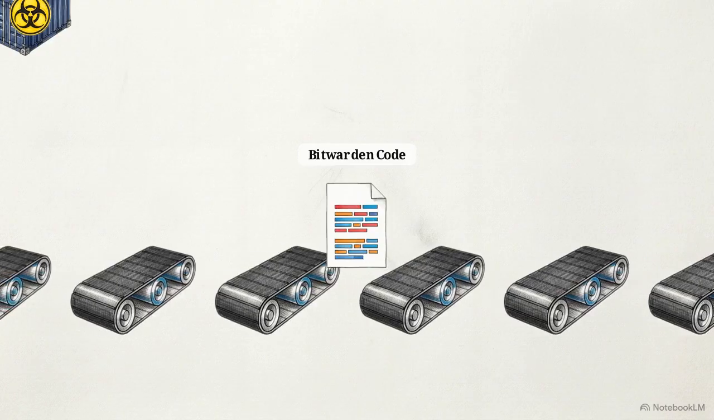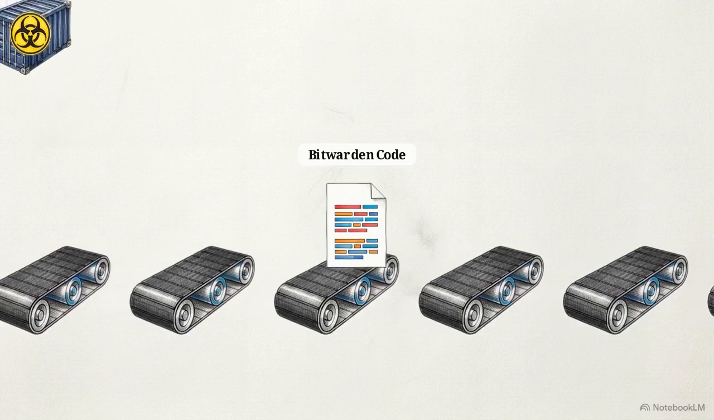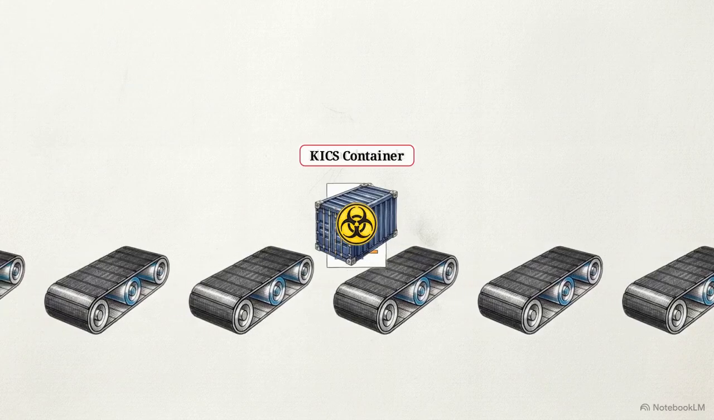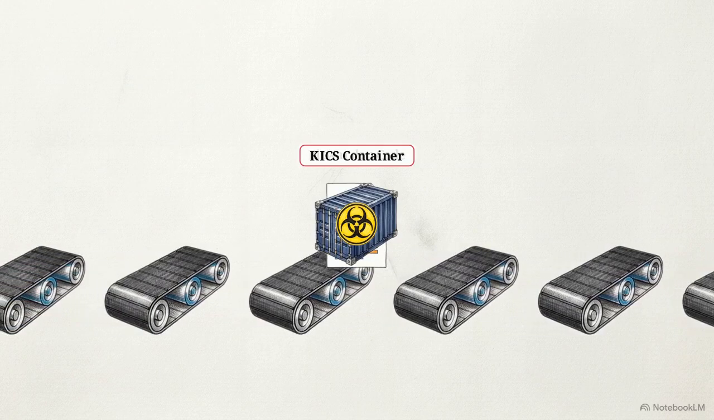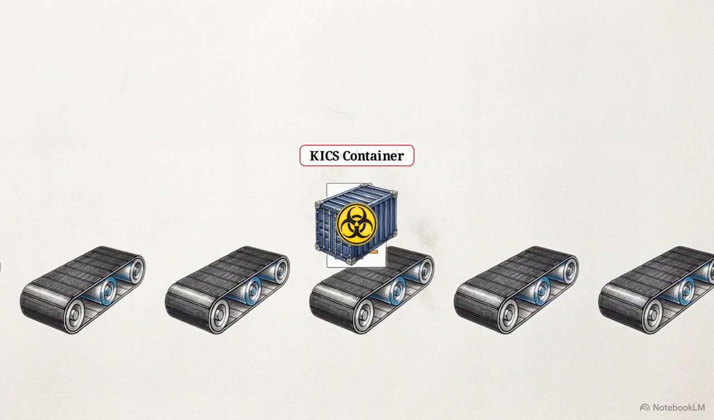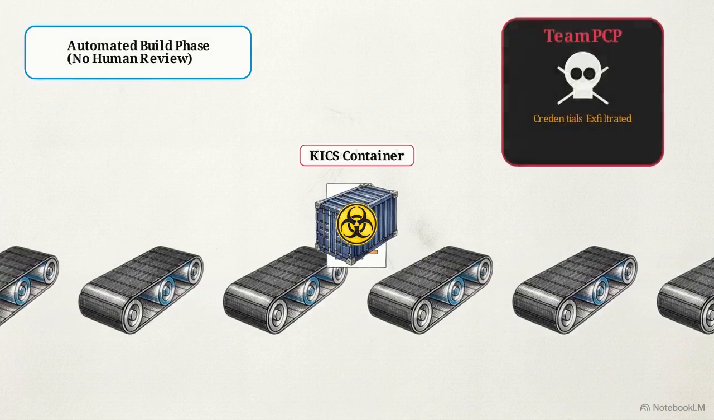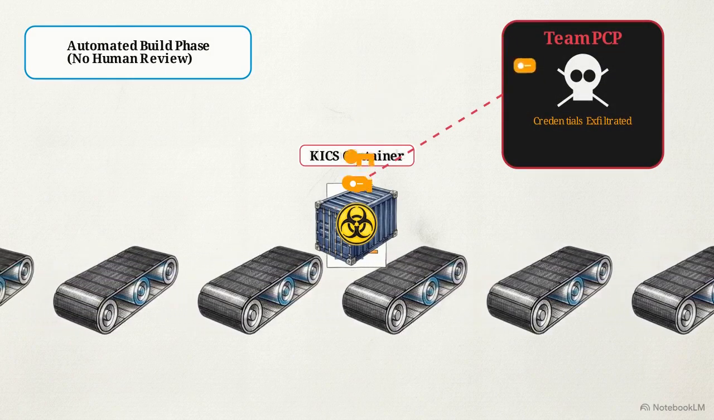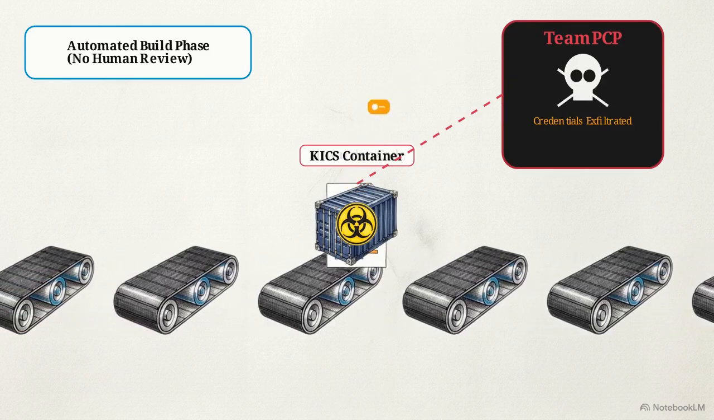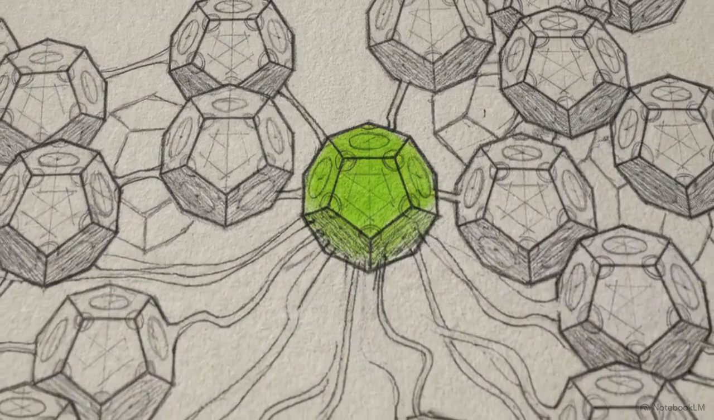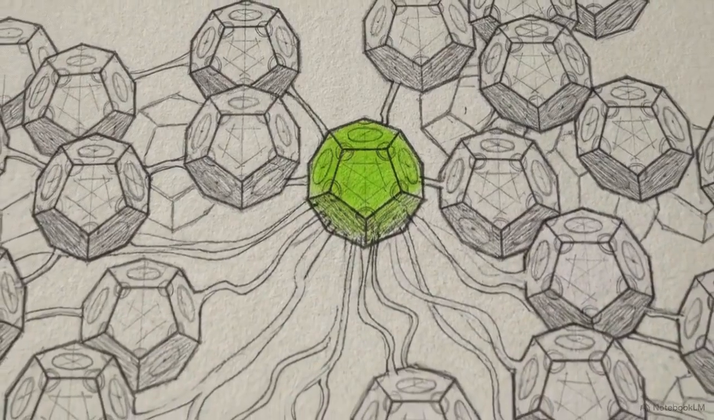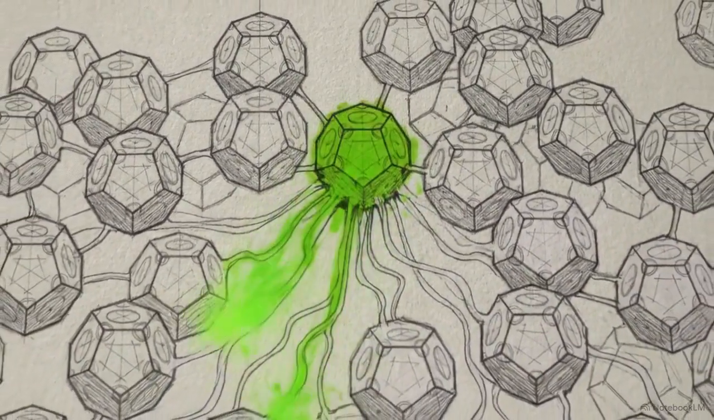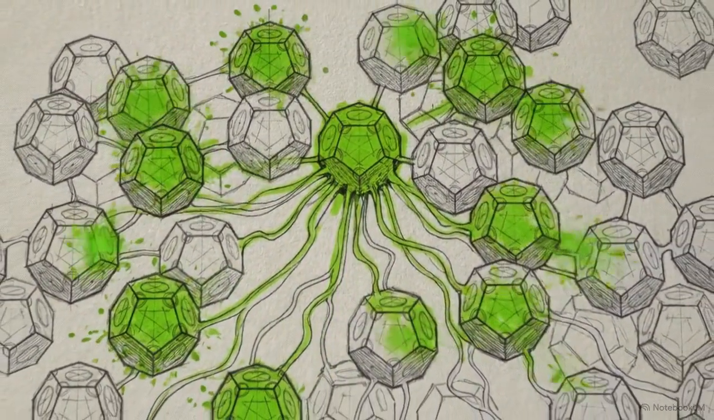The attackers didn't target Bitwarden's code. Instead, an automated Dependabot routine unwittingly pulled a poisoned Checkmarx Docker container directly into the build pipeline. Because it ran during the automated phase, it bypassed human review, extracting developer credentials before compiling finished. The Shai-Hulud worm weaponizes these stolen tokens to take this a step further, automatically uploading poisoned versions of every package